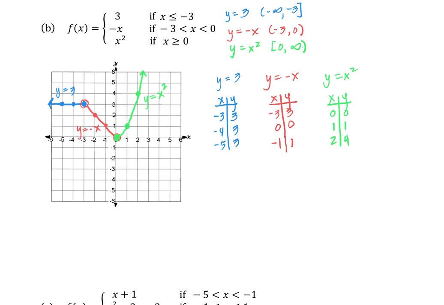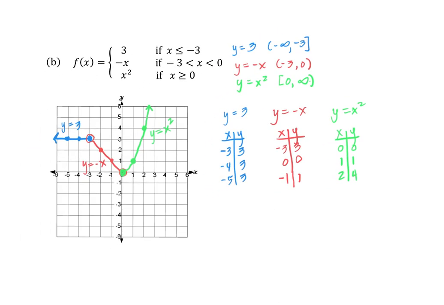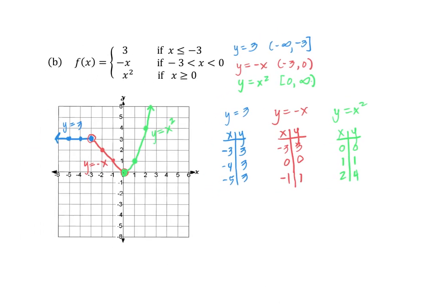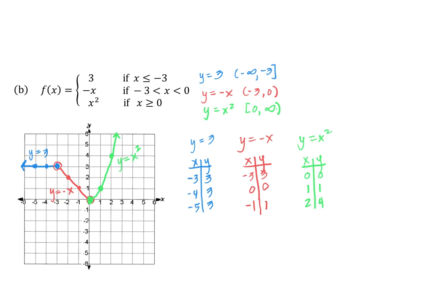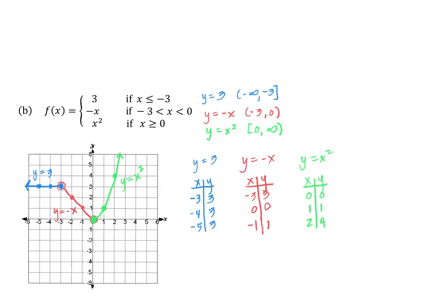So let's go ahead and answer the question about continuous on its domain. I'm going to go ahead and go back up to the top and look at its domain. Now I could look at the graph and see that the domain is negative infinity to positive infinity, but I can also look at these intervals and ask myself, do I get all the x values? And I do. I'm starting with negative infinity, going